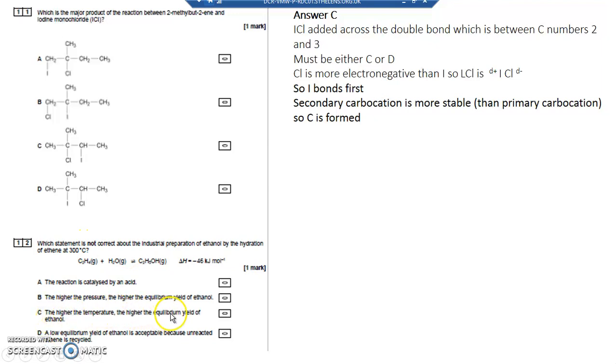The higher the temperature, the higher the equilibrium yield of ethanol. So in other words, does increasing the temperature make more ethanol? Does it shift it to the right hand side? That's what the question's asking. Well, it's got a minus here, so it's exothermic. So that means that when this reaction happens, it gives out heat. If I increase the temperature,